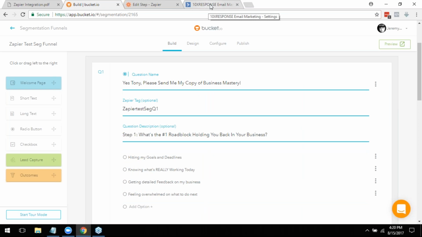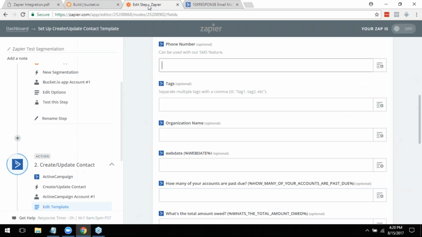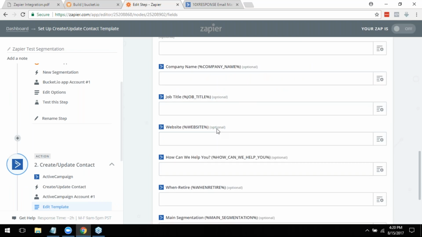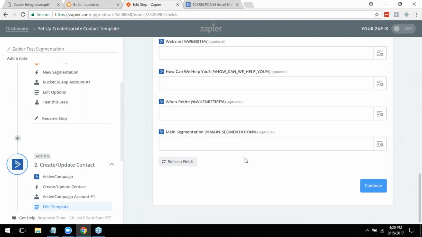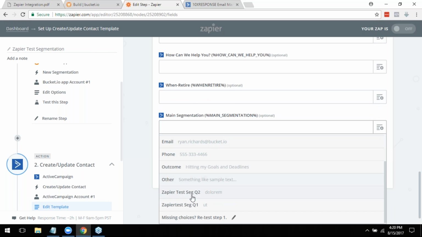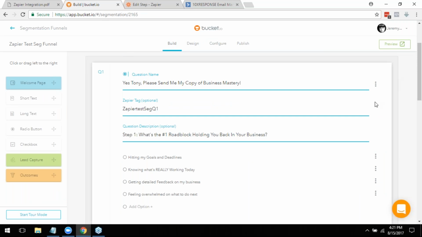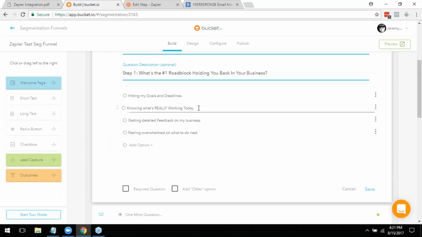So what I would look for here is the field for wherever I wanted the roadblock to be. Let's just call it main segmentation, right? So what I would do here is I would come over and I would pull down Zapier test seg Q1, because that was the main question. If you do, like in my case here, both of these questions are the same segmentation. So I would actually choose,